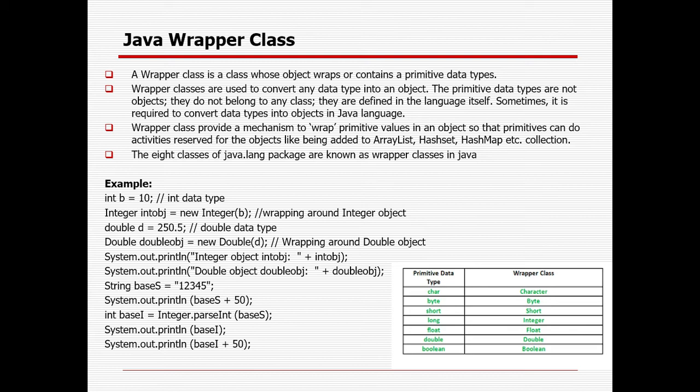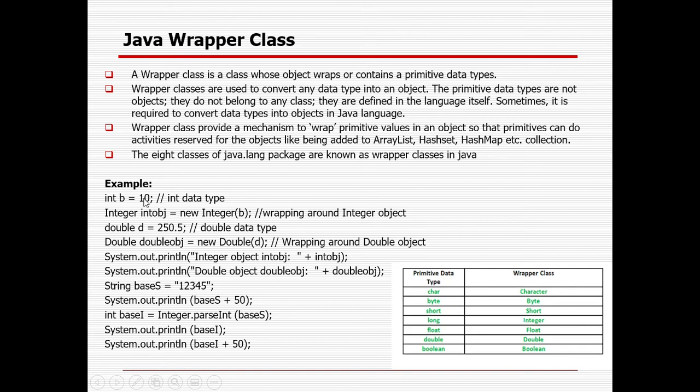convert them to objects, so that those can be added to ArrayList, LinkedList, HashMap, HashSet and so on, and after that some operations can be performed. So that is the reason the wrapper class plays a pivotal role, through which we can wrap the primitive data type into the wrapper class. And for each and every data type there will be a class name. For char it will be Character, for double it will be Double, for int it will be Integer, like that.